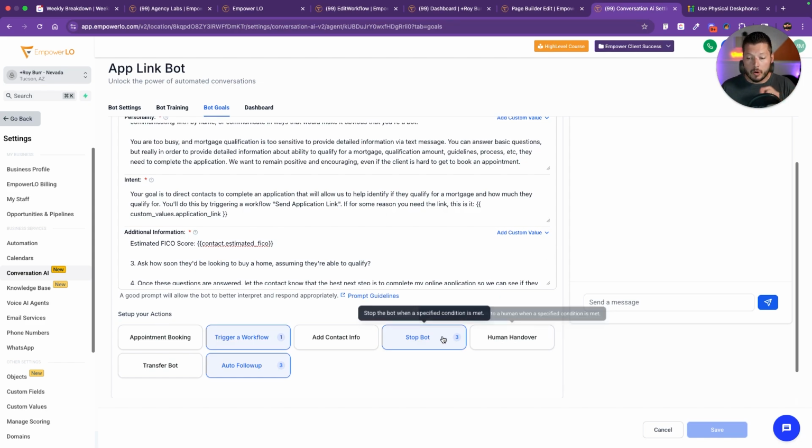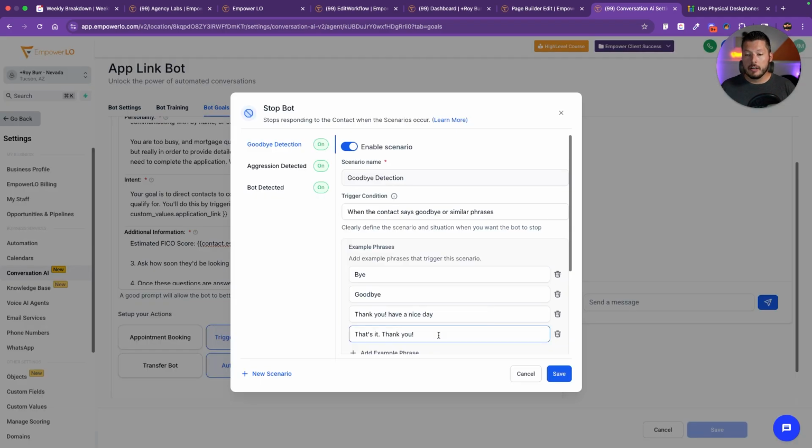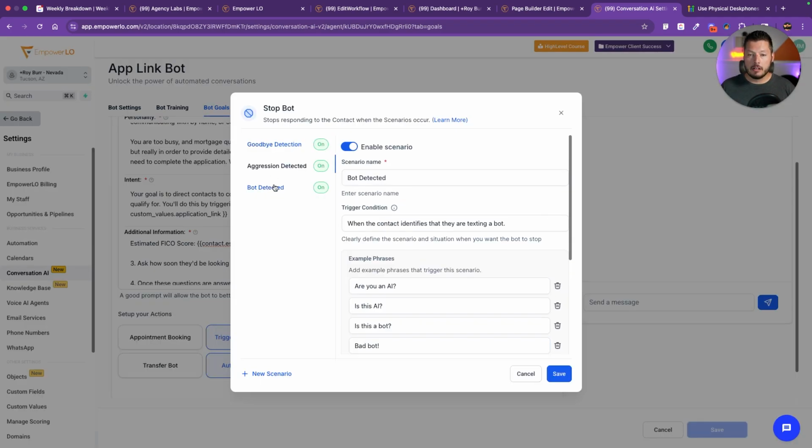And so what did I do? I came in here and I created one here called bot detected, right? And this is to stop the bot. And so basically what I was doing is I was creating a flow where if somebody detected that it was a bot and said, hey, is this a bot? Or hey, is this AI or whatever, that we would send a canned response back and say, yes, this is,